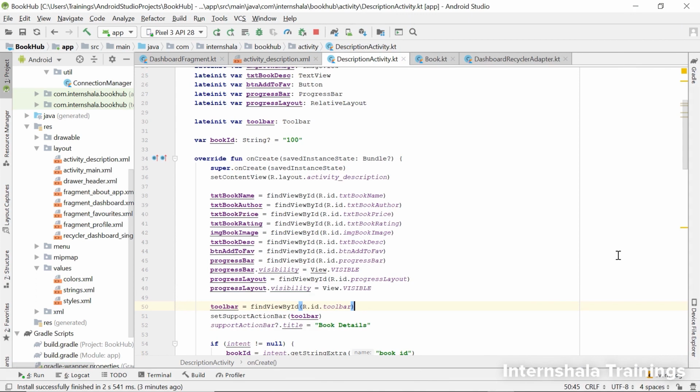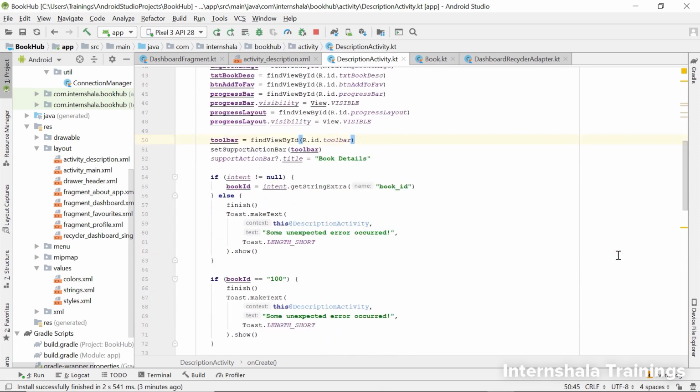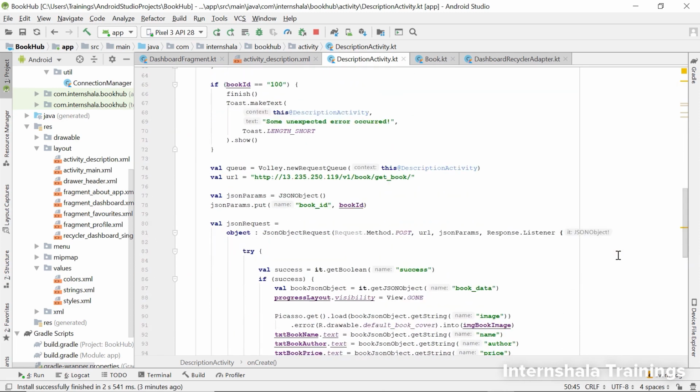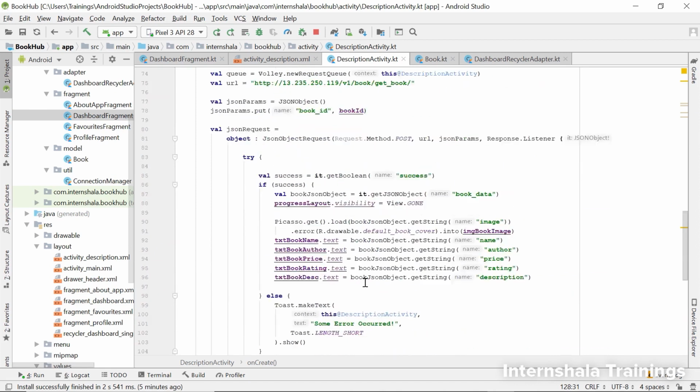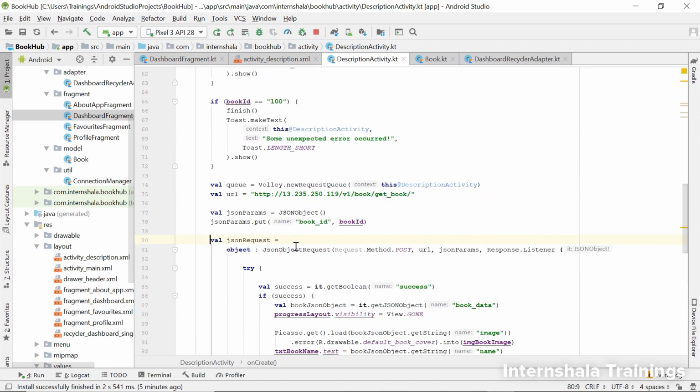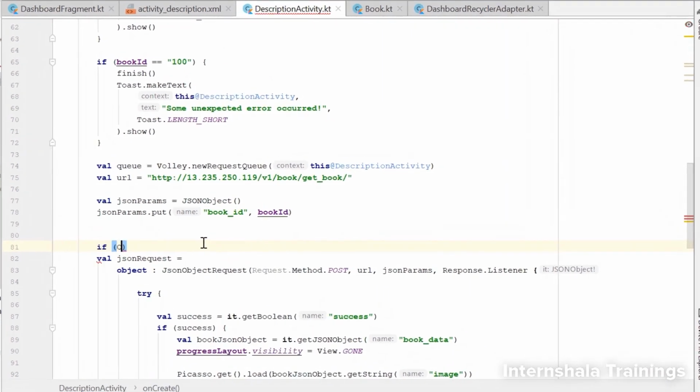We will also use the post request when we want to send the credentials to the server during login. Now, there is one more case that we need to take care of. So we know that the request can go to the server only when the device has internet connection. So we will first check that the device has internet and then only send the request, else we will show a toast. Let's go ahead and add that code here in the description activity.kt file.